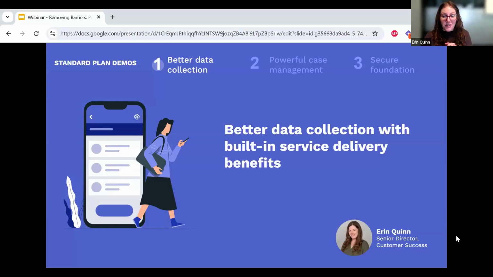I saw a lot of you already use CommCare. Hopefully, I don't have to tell you that. Hopefully, you've already seen the power of CommCare in doing that. But in addition to that, it also has a lot of features that can help you improve the life of your users and improve the services that your users are delivering to clients along the way. And so we want to highlight a couple of those things that you can do with the CommCare Standard Plan specifically and all of our other plans.